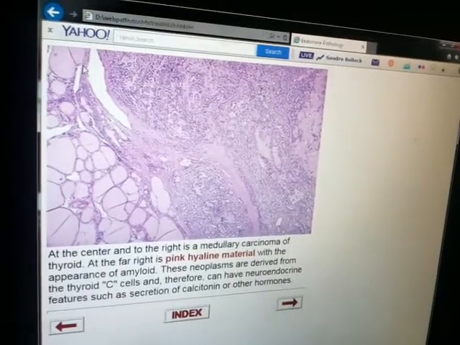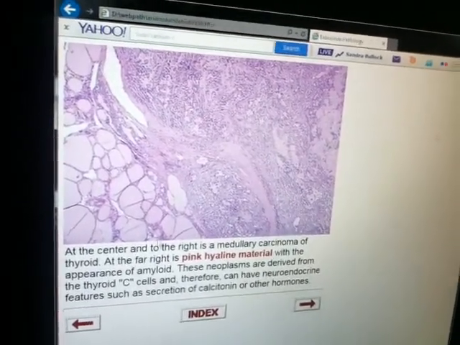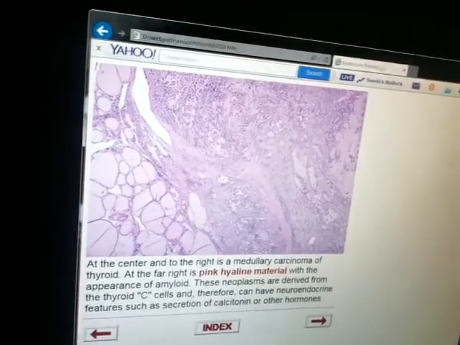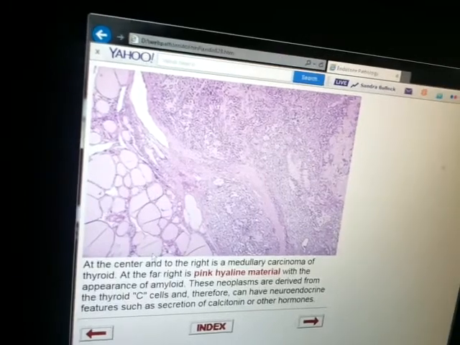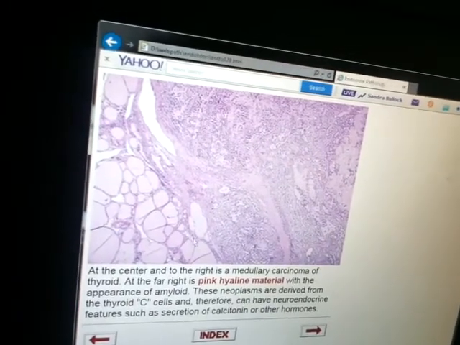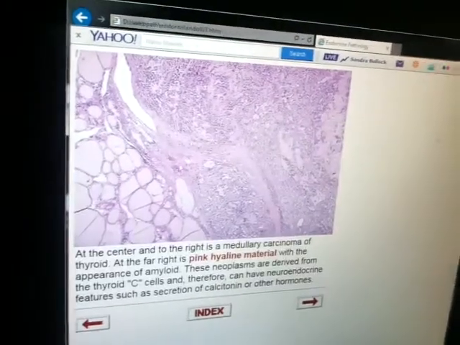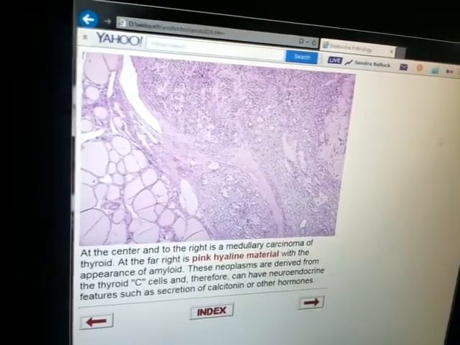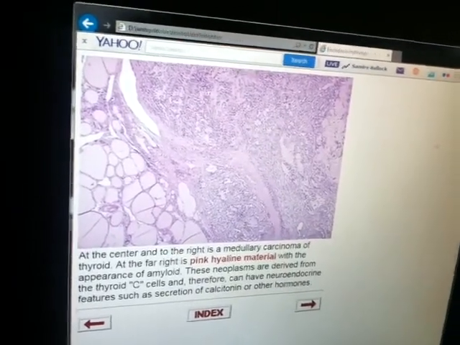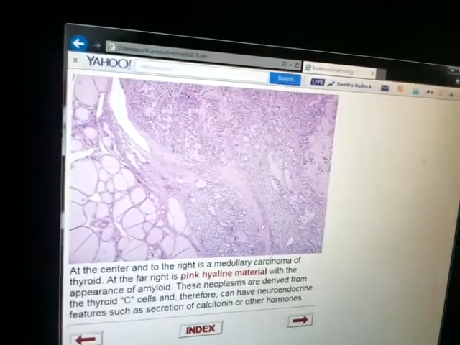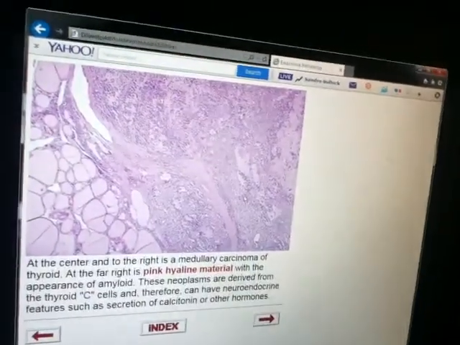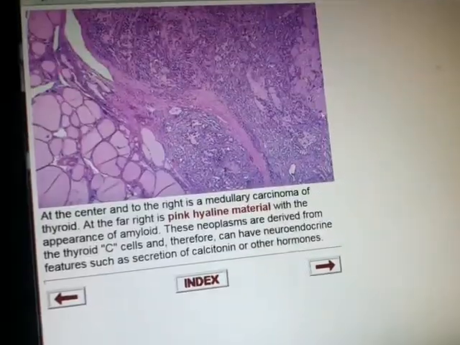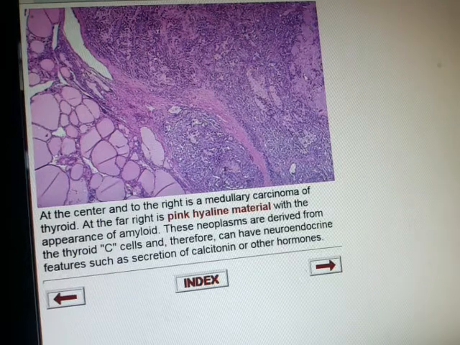In this section, we can notice the normal thyroid tissue here with the follicles variable in size and shape and nice lining and filled with colloid, which is the normal appearance of the thyroid gland. But on the other side of this section, there are sheets of infiltrating cells, which are malignant cells with desmoplastic fibrous reaction of the stroma, and this pink hyaline material which represents the amyloid deposition in case of